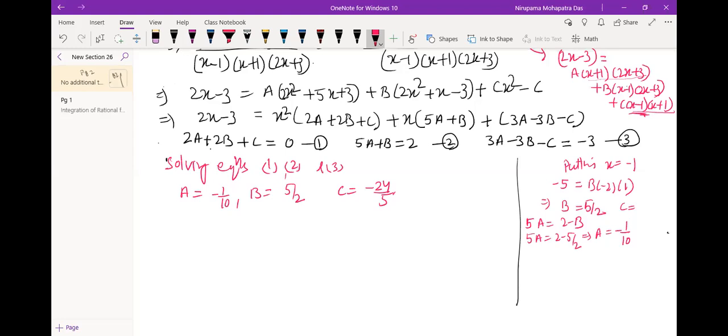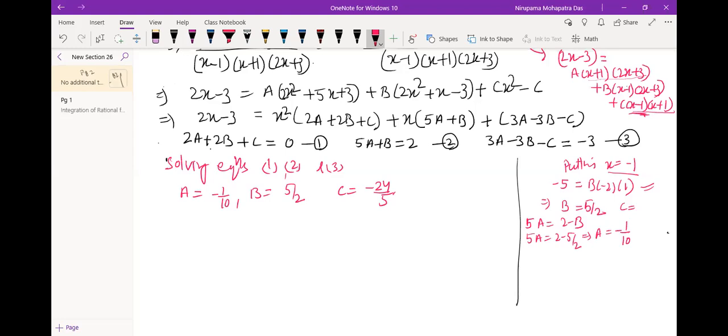If you suppress one factor, suppose x equal to minus 1, you are getting B, just like I have shown here. Similarly, whenever you take x equal to plus 1, you can get A, because the B and C terms will be 0. And third, if you put x equal to minus 3 by 2, the first term and second term will be 0, you can get C. Or you can get one value, then from these equations, after substitution, you can get A, B, C. That is up to you.